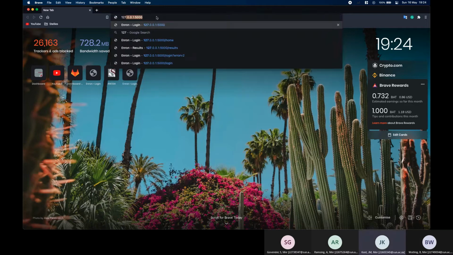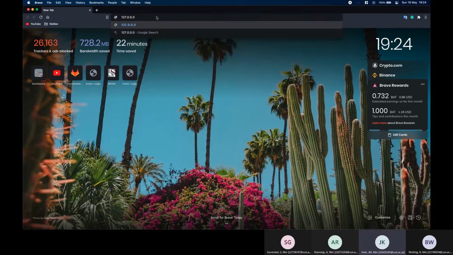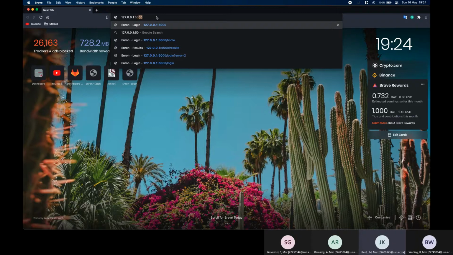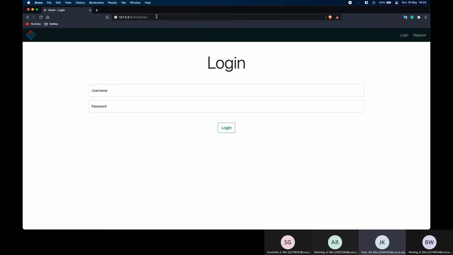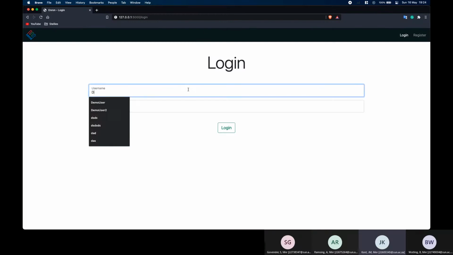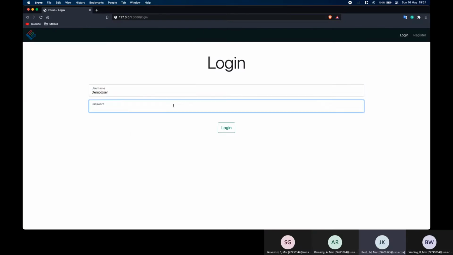Hello and welcome to the Computer Science 334 project demo for Team 28. After installing all of the necessary requirements and running app.py, you will be greeted by this login page on localhost at port 5000. We will now try and log in, however it will be unsuccessful as we have not successfully